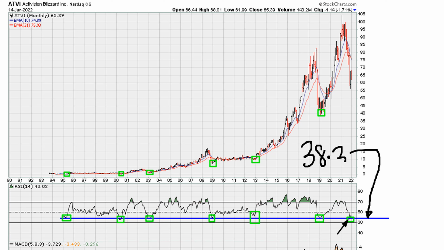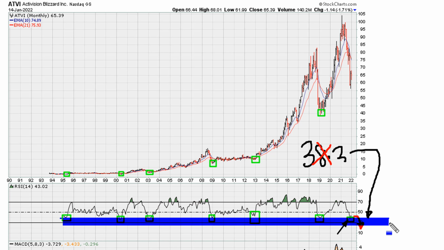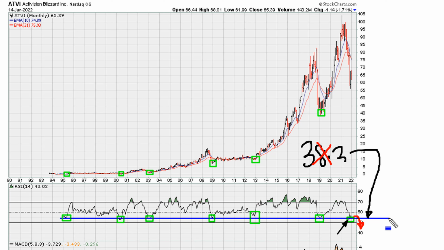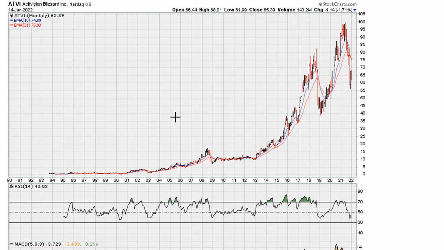Now, I should point out here that let's say if there was no buyout and with the market going down, if it had broken this 38.2 level, actually that would have led to a massive plunge. So you can see over 30 years, RSI 38.2 has been the support area. The point I'm trying to make here is that these levels are key levels, and instruments tend to respond to them on the big time frame and on the small time frames.